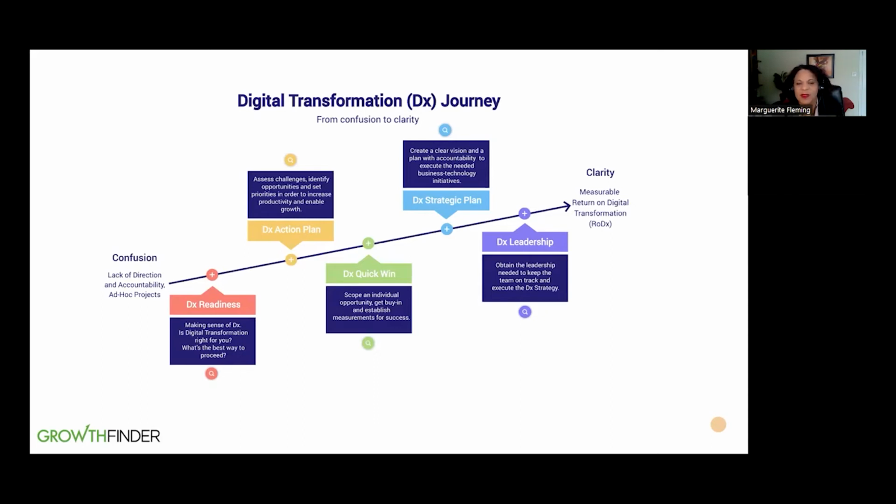We took a look at what the action plan would be. So what are the specific areas in which we needed to put together a plan to address their business growth goals? Where would there be some quick wins? What are some things that we could put in place in a very short period of time that will move them forward? What is the strategy? So now we're going to be looking like 1 to 3 years out. What is the strategy of investment? And then we would tie that directly to how that could impact their business goals.